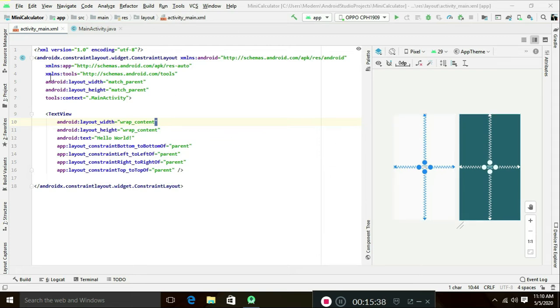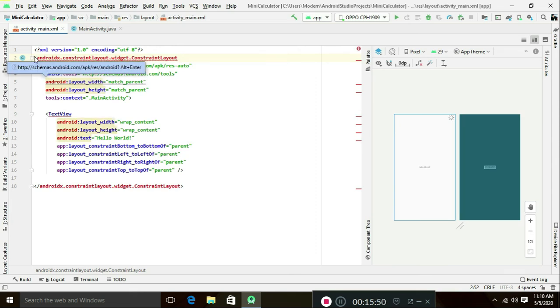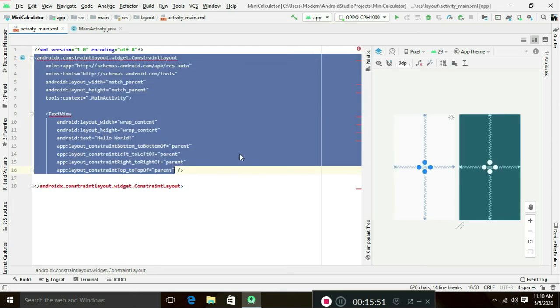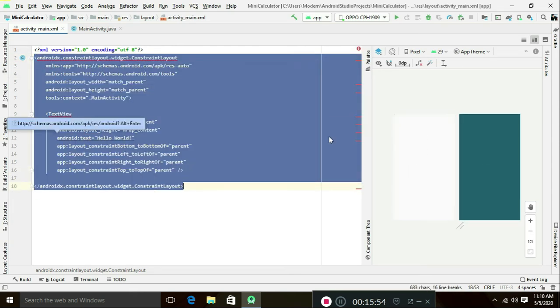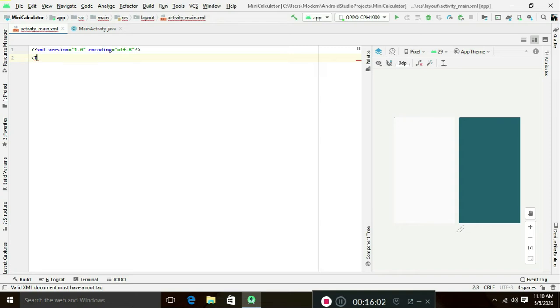First select the XML line coding, and then cut the selected lines. Delete all coding except the first line. Import the table layout tag. The table layout tag is a paired tag.